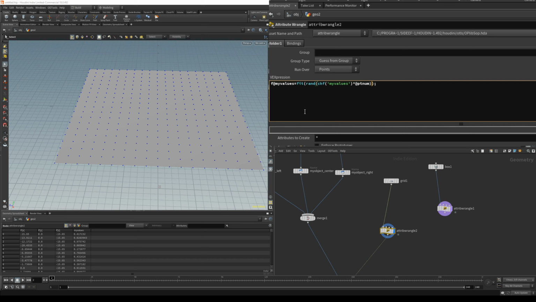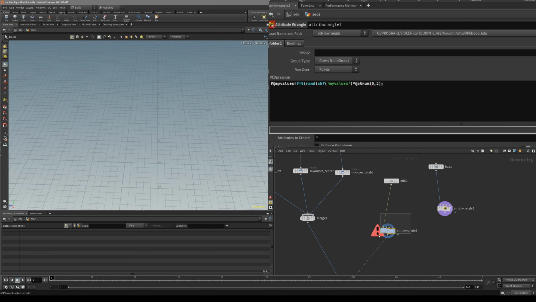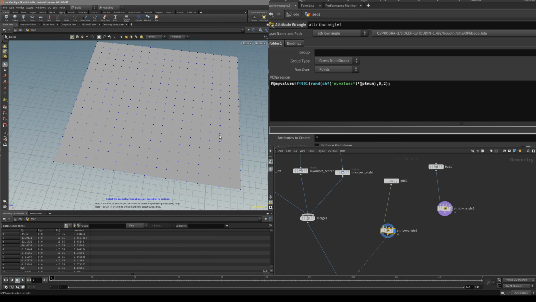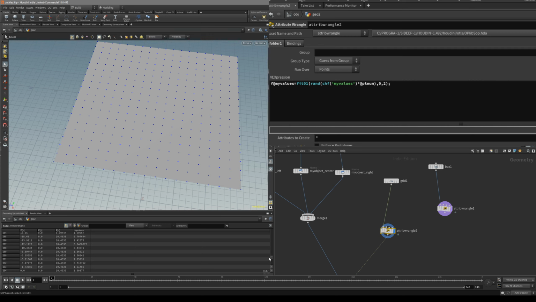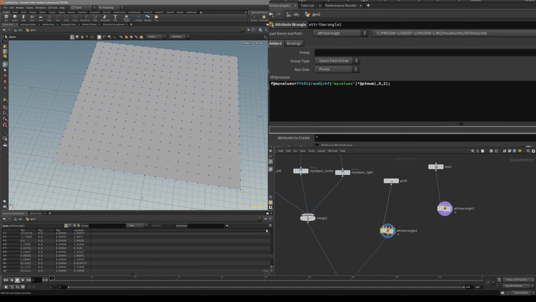It's the whole thing, and after, before the last brackets, let's put down our new range. Our range is going to be, so min is going to be 0 and max is going to be 2, like that. Actually, I forgot a comma in here, and actually 0, 1, like that. You can see now we have our values from 0 to 1, but one last thing is that we actually